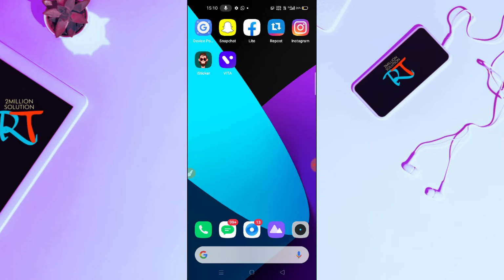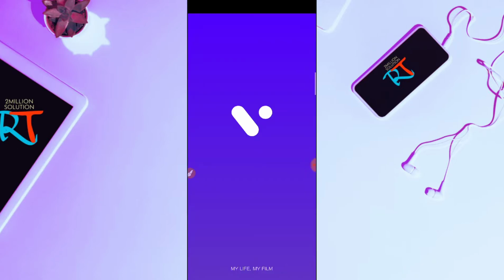How to make or how to do slow-mo video on the Vita application. You can see here, this is the Vita application. So to make slow motion videos, what you have to do, just watch the video